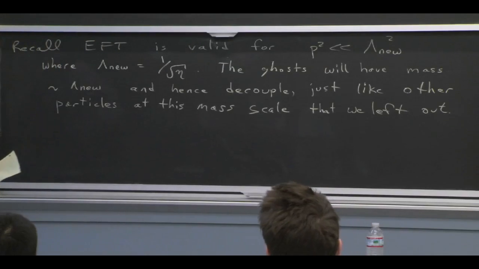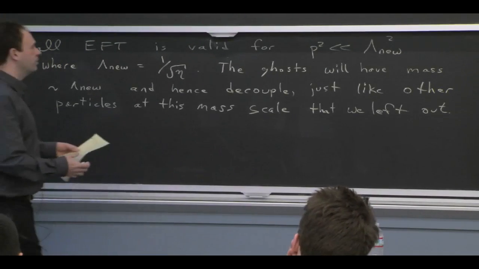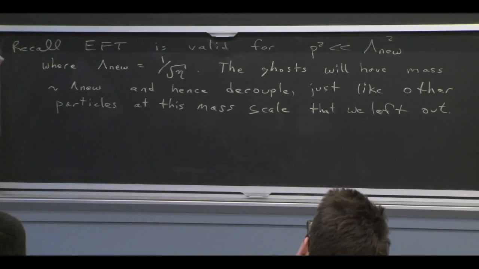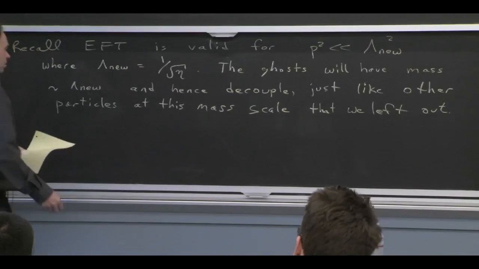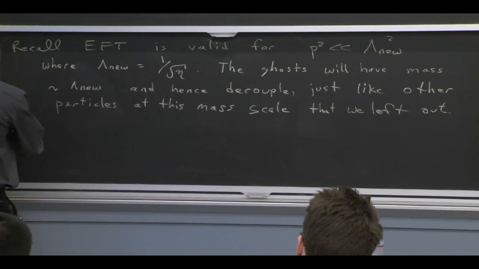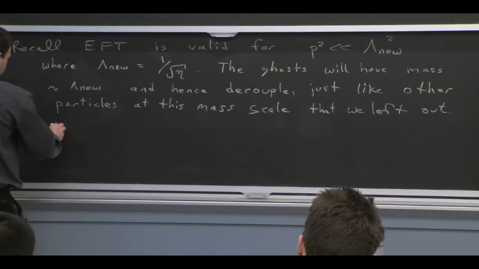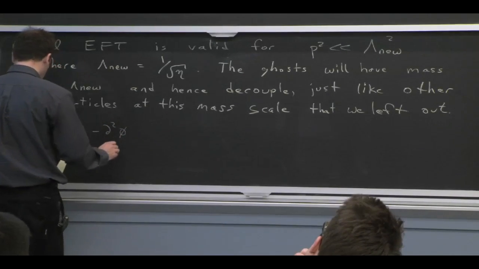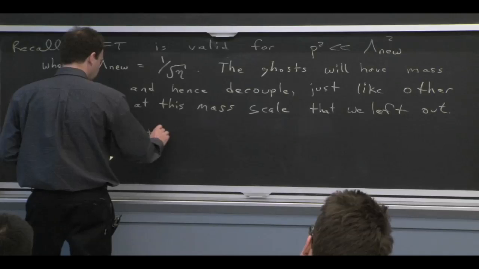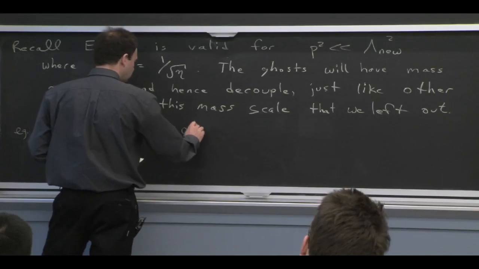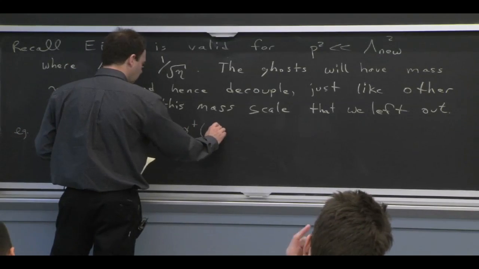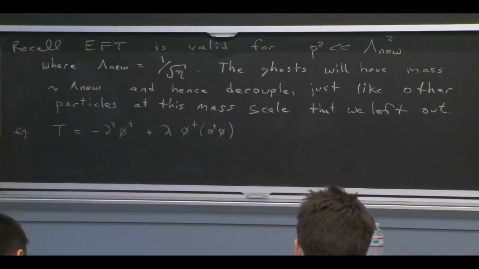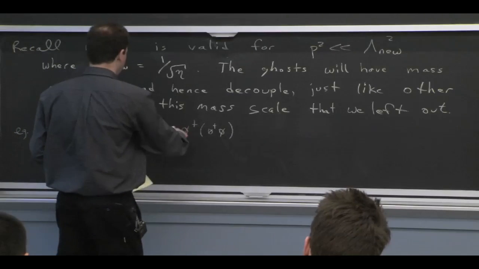So let's do that by way of picking a particular example. So far, we've kept things fairly general without specifying what this set of fields that's in this thing that we called T was. We just left it as an arbitrary thing. Let's pick a particular T. The argument here is actually fairly general, but I think it's easier to see it for a particular example. So if we pick this to be T,